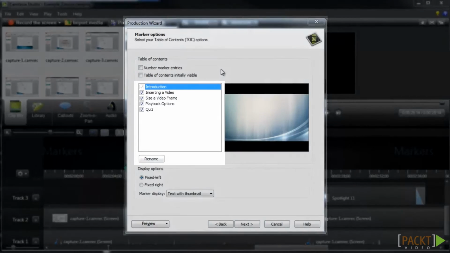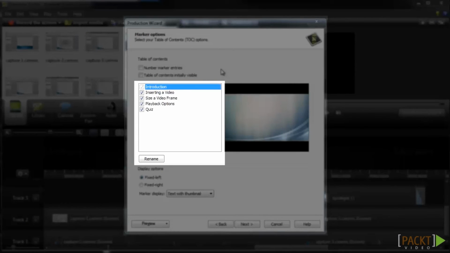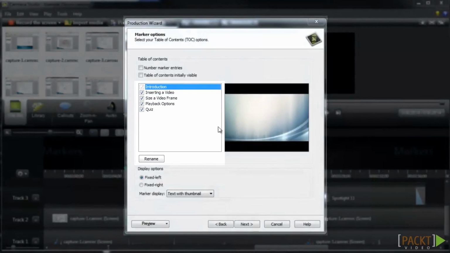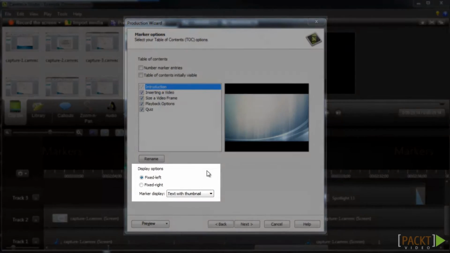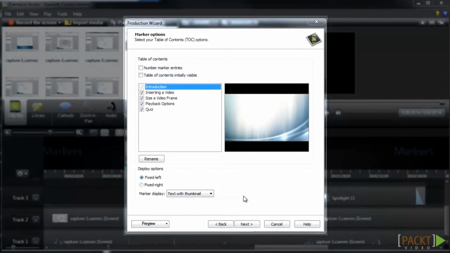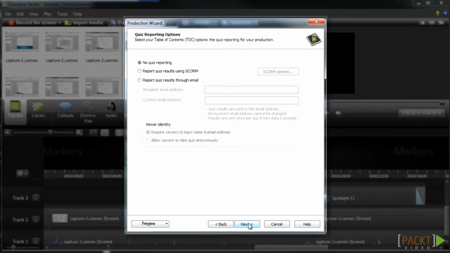Then beneath that, you can choose which markers you would like included in the table of contents, and you can also rename them using this option beneath the list of markers. Then down at the bottom, you can choose if you'd like the table of contents to be on the left or right of the player. And there's also an option that will allow you to choose if you'd like a thumbnail image displayed next to each table of contents option. And then once we're done selecting all the table of contents options, we can click Next,